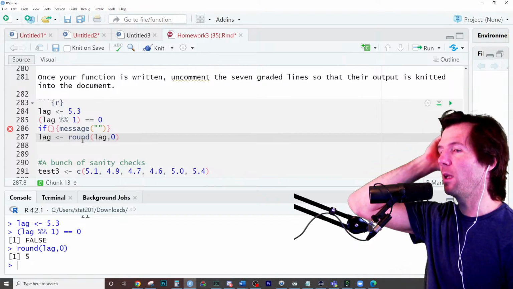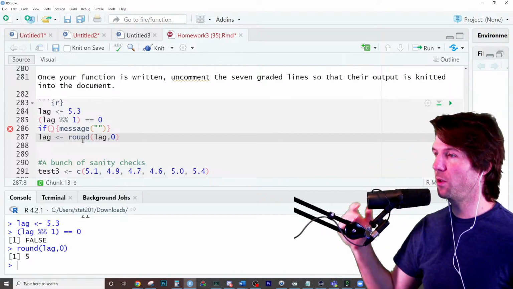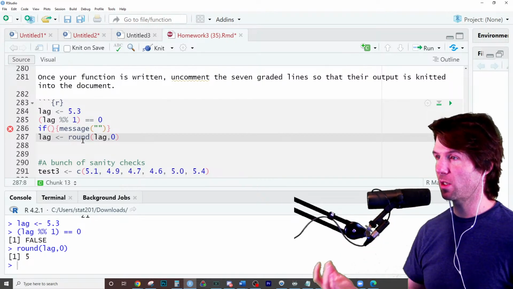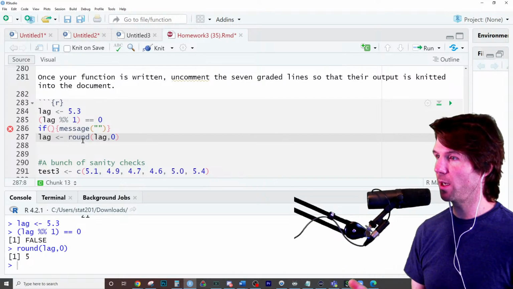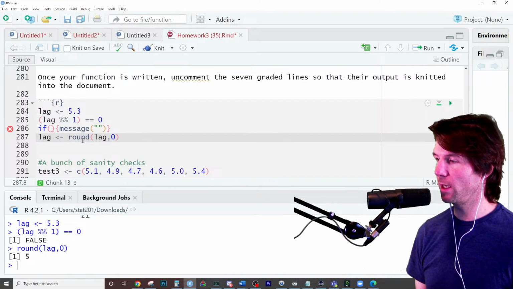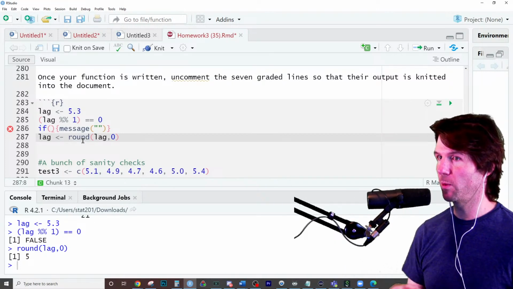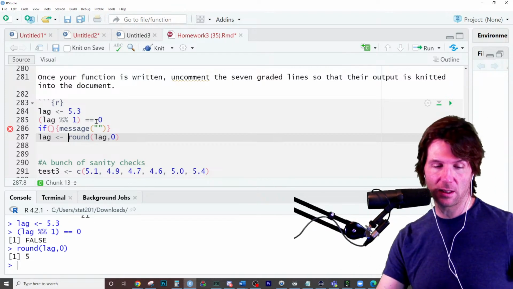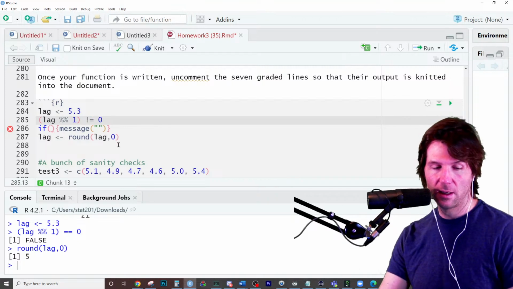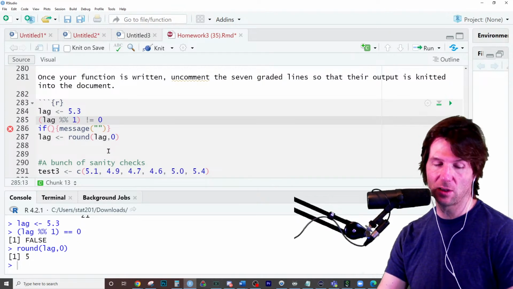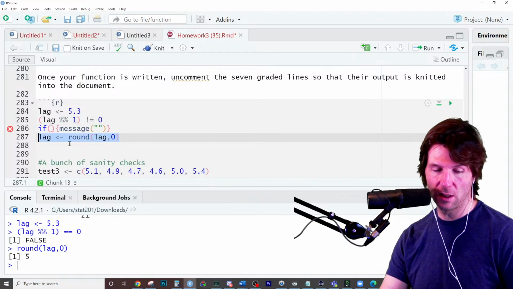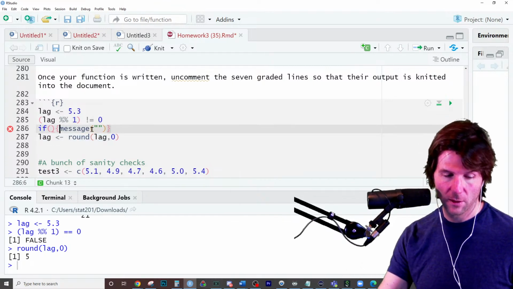I did this one a little bit quickly, but someone puts into my function a value of lag, hypothetically 5.3. Then I'm going to look to see if that value of lag is divisible by 1, i.e. a remainder of 0 when you divide by 1. And then we go right here and we would say if that condition is not met, so it is not divisible, then run the message. And I guess we could actually do the conversion inside of here.